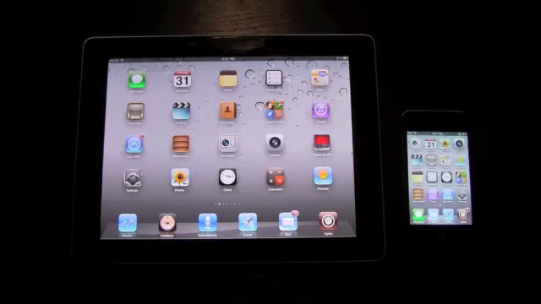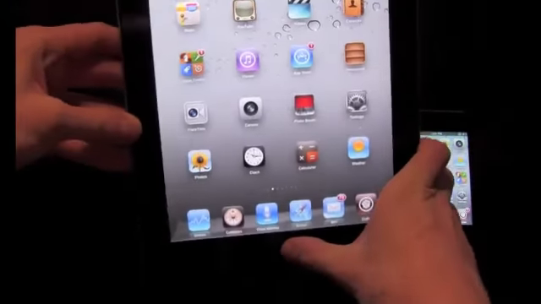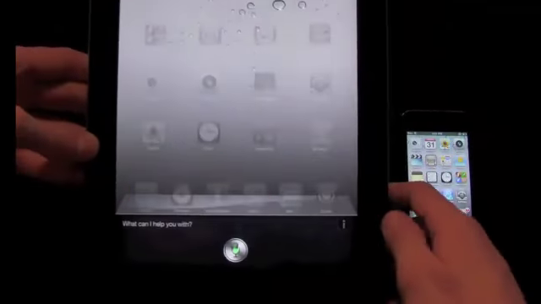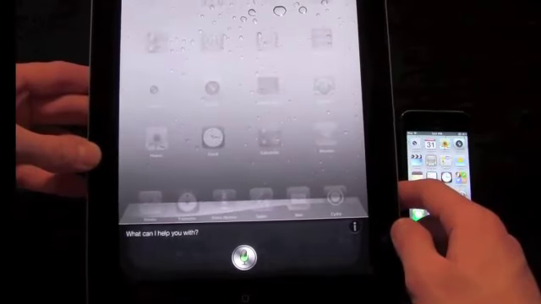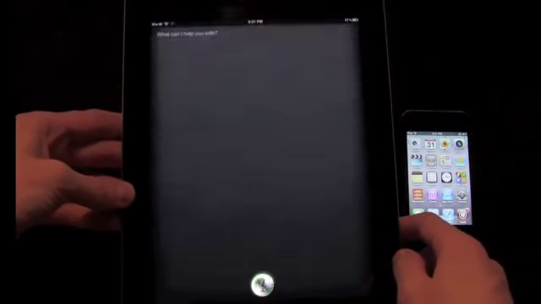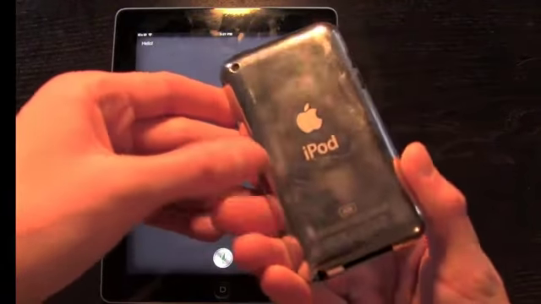I do have an iPad 2 here, and you do notice that it does have a camera, and it also has a slimmer design than the original iPad, so you know this is an iPad 2. So I'm going to activate Siri by holding down the home button. Hello, Siri. Hello. Alright, so that was just a quick test on the iPad there, and on the iPod Touch 4th generation